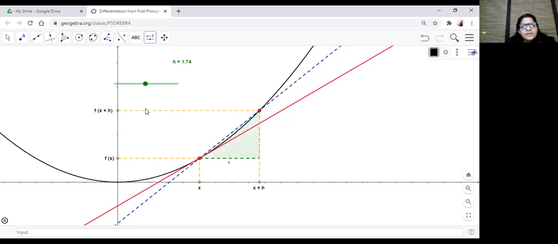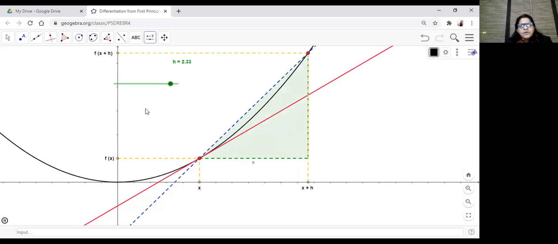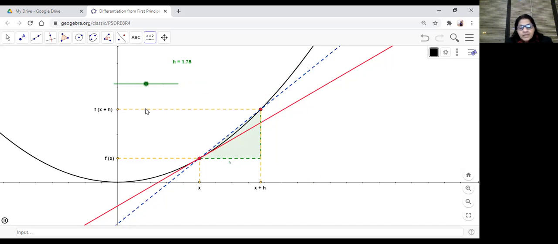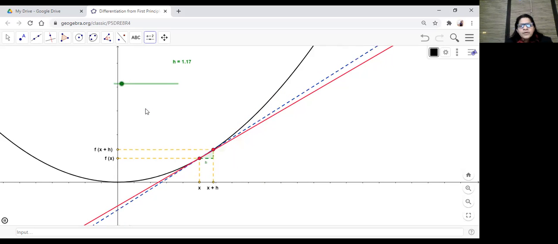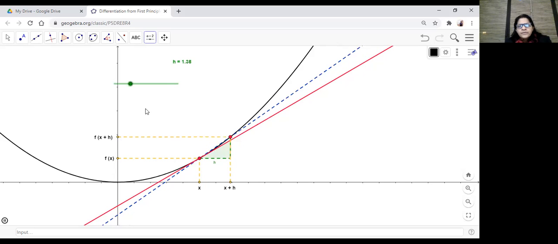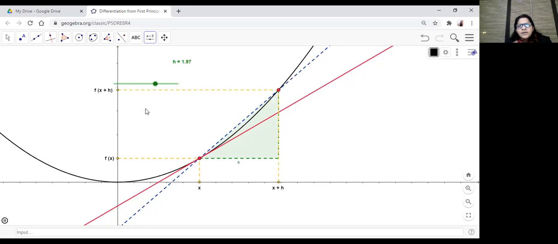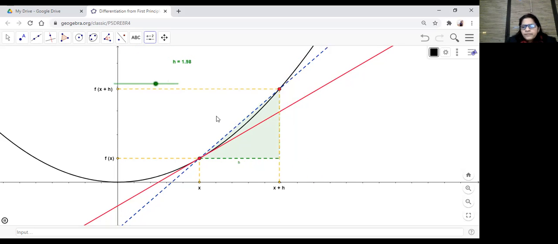So basically my purpose of showing you this is that when S becomes smaller and smaller, Q approaches P. So instead of two distinct points on the curve, you are getting only one point. They are coinciding. At the limiting position, the second line is becoming the tangent to the curve. Now when the second line is becoming tangent to the curve,